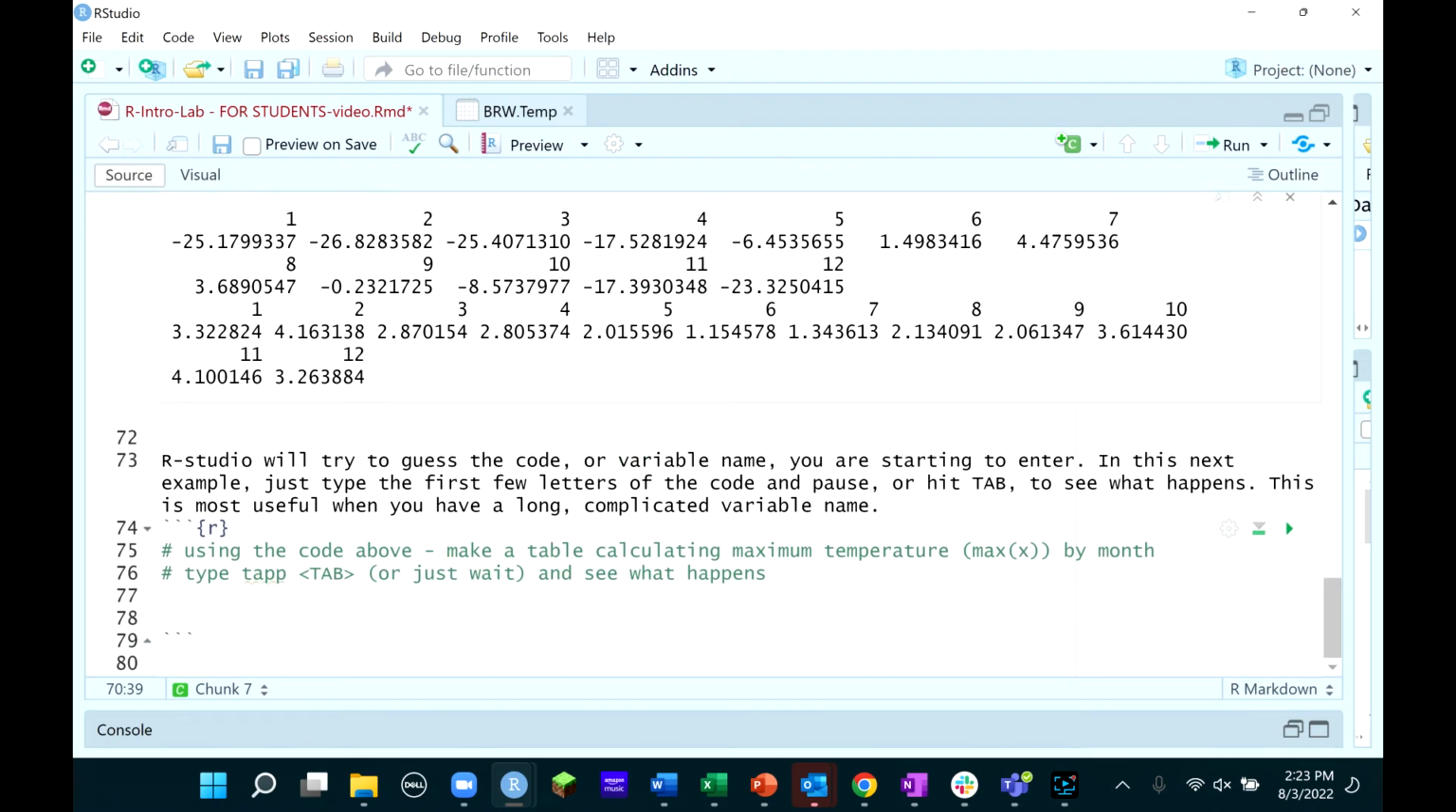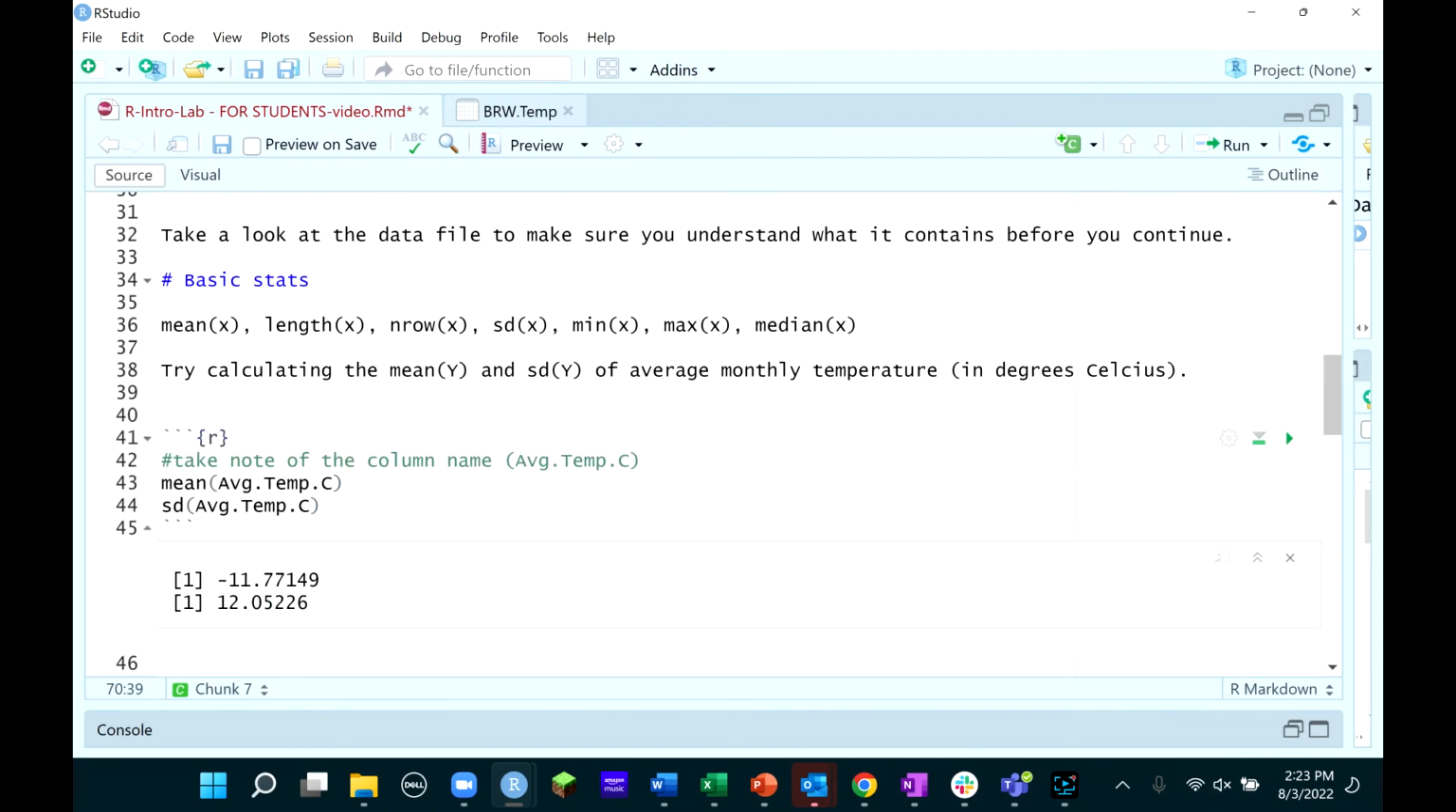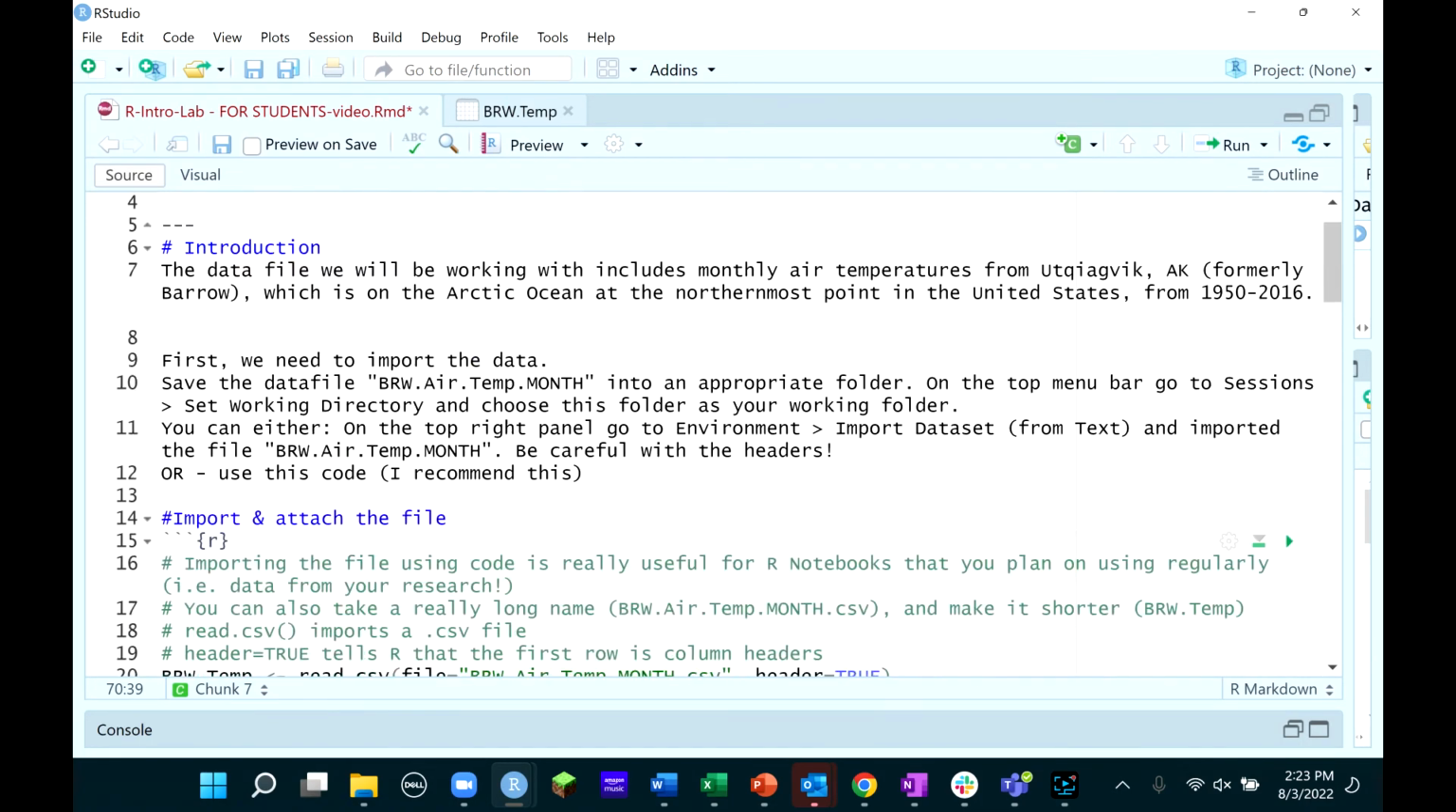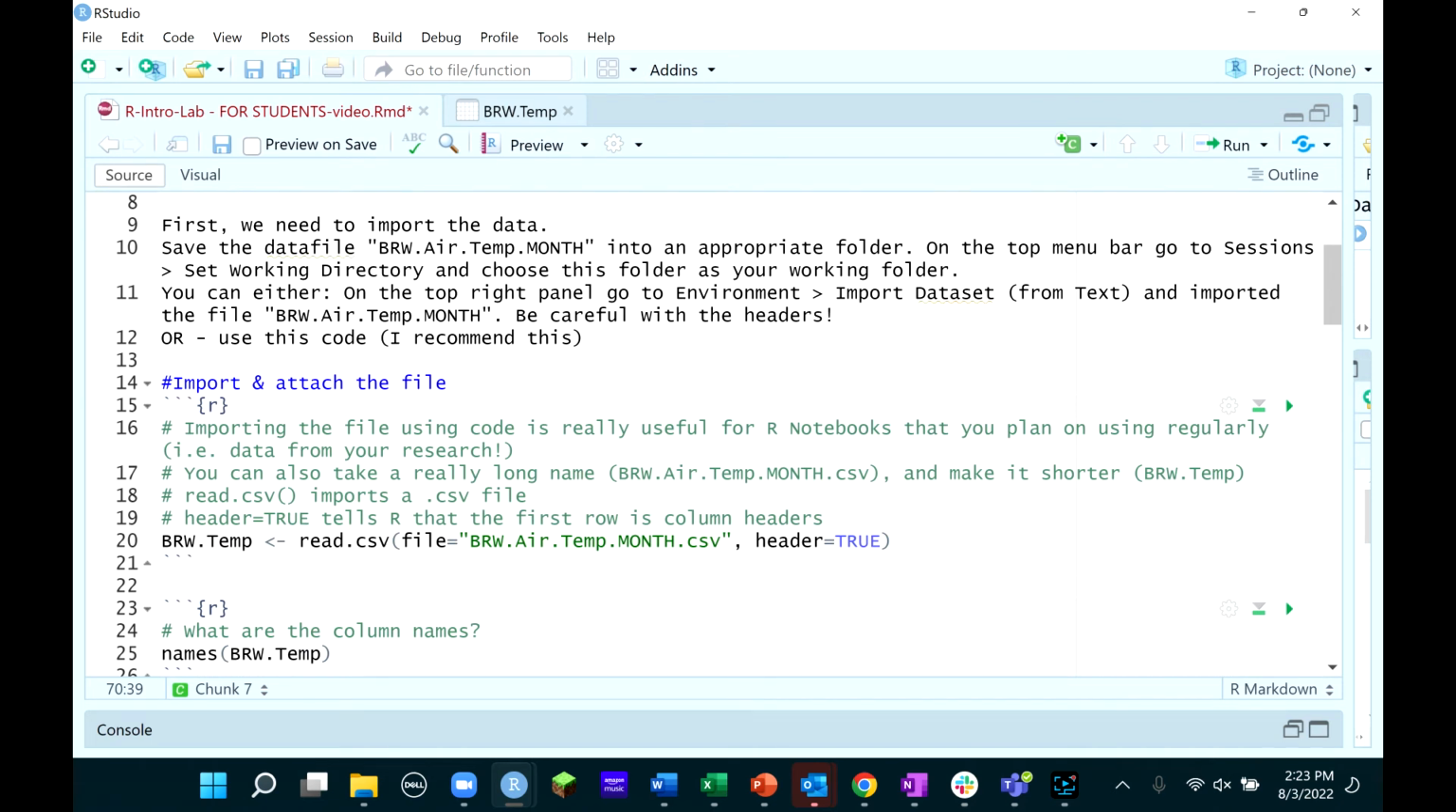Okay, and then there's a little challenge here. I already told you this, that R is going to guess what you're trying to type. So using, I think I already did that. Yeah, I think that's it. So what I want to do now is, this is just a really quick intro to importing files and calculating some basic variables. We're going to save it, and I'm going to show you how to